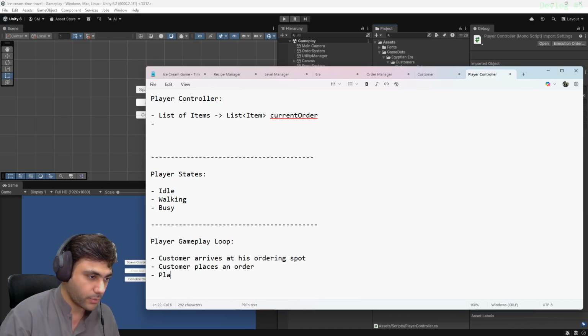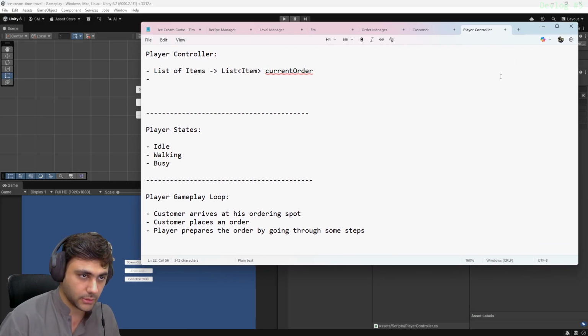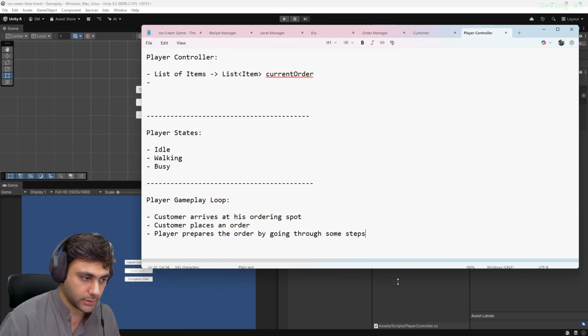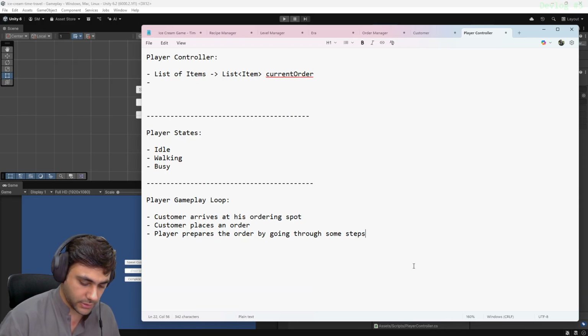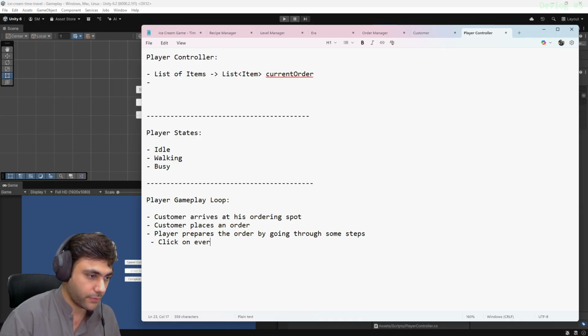Okay, now player prepares the order by going through some steps. Increase the window size. Okay, then what are those steps? Click on every ingredient, every machine